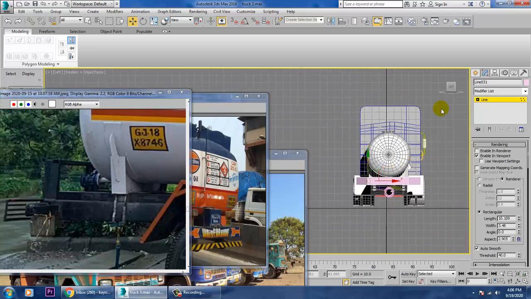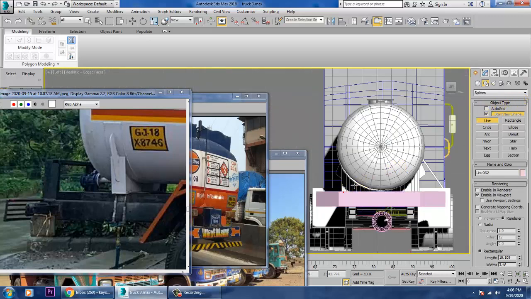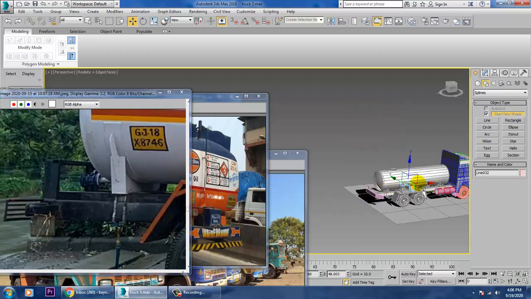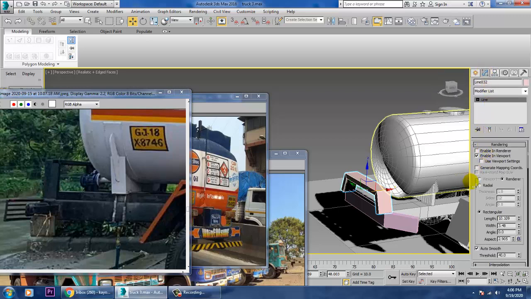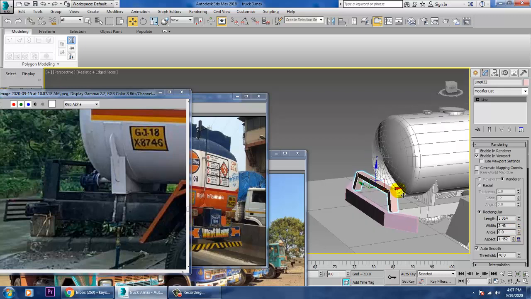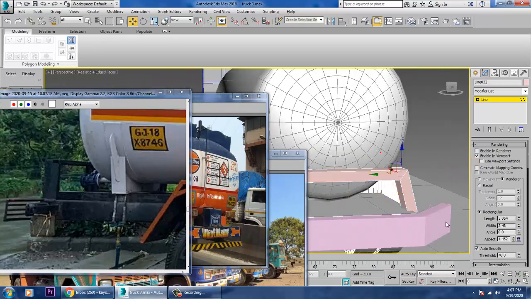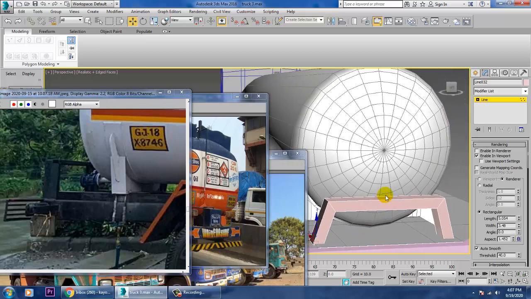Again I'll take one short line and just drag this line over here, and we can reduce its length and width as required. You can select the vertices and just push them inside in this way.